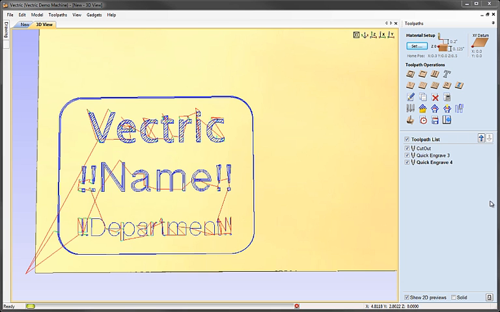Okay, so the final step then is to use this template to actually bring in our data from an external file and merge the data in to repeat this badge design, but with actual names and actual departments replacing these two little placeholder fields. So really what we need to do at this point is go back to our